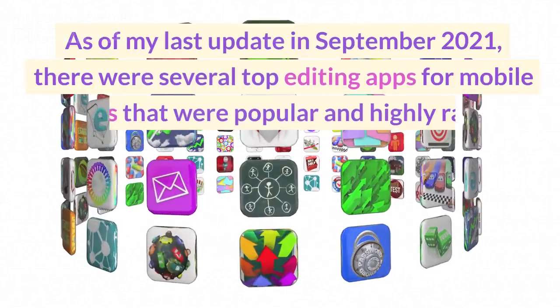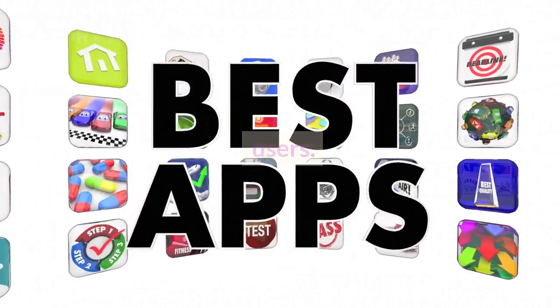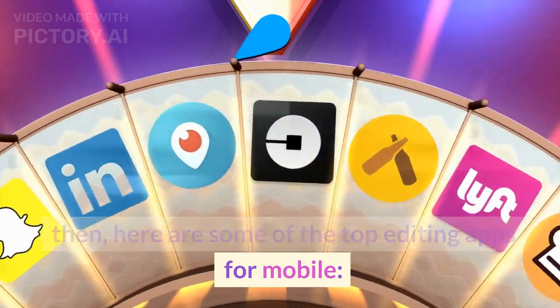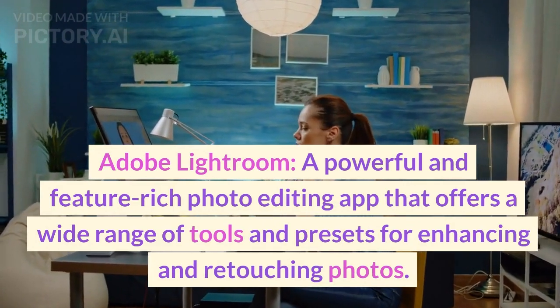As of my last update in September 2021, there were several top editing apps for mobile devices that were popular and highly rated by users. While newer apps might have emerged since then, here are some of the top editing apps for mobile. Adobe Lightroom, a powerful and feature-rich photo editing app that offers a wide range of tools and presets for enhancing